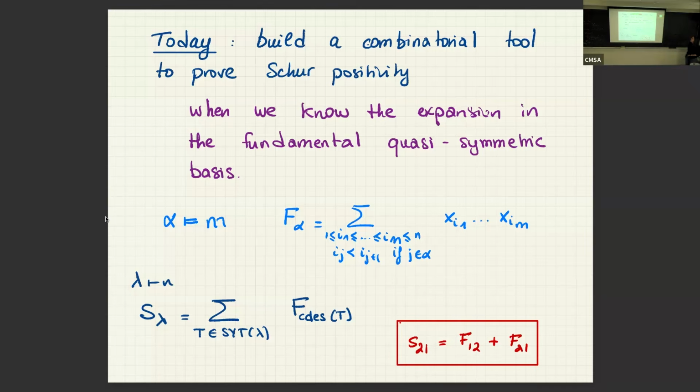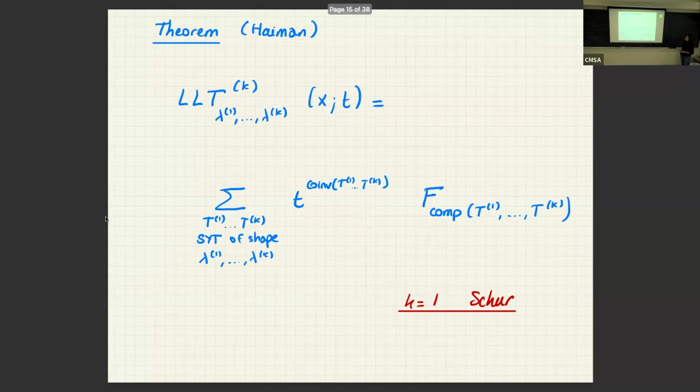So one could think that choosing this condition would be a bit difficult, but actually there's lots of symmetric polynomials where we know the expansion in that fundamental basis. Okay. So for example, the LLT polynomial, okay, it's really an extension of what we did exactly for Schur. Yeah. But if I want to expand the LLT polynomial, so they're not indexed by one partition, but by k partition. Okay. So here x just means my n variable. They have an extra parameter t.